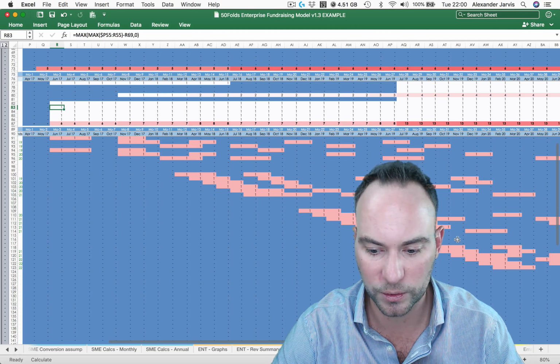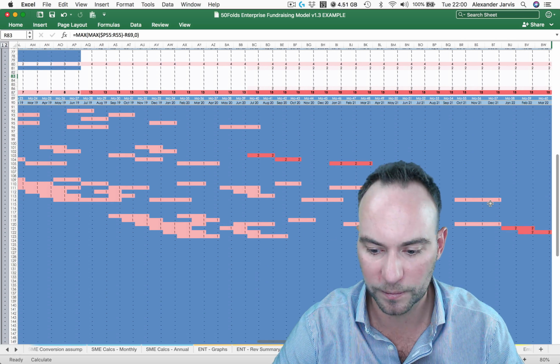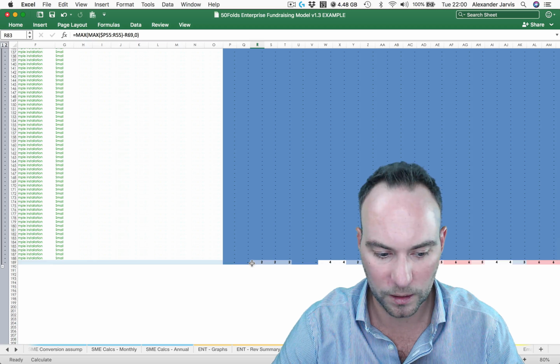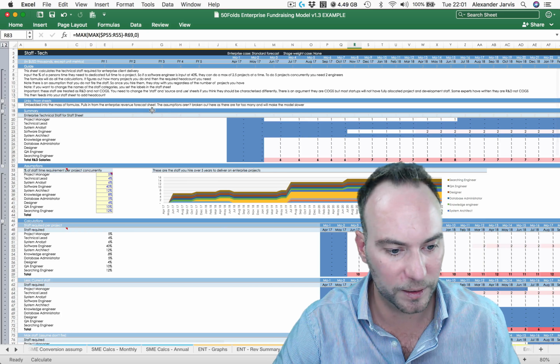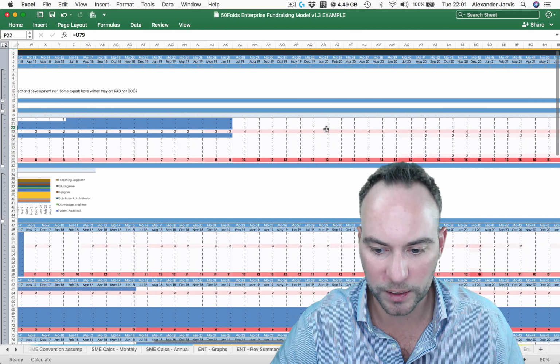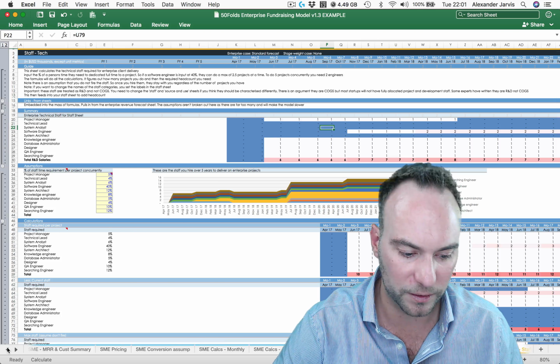Here is the actual schedule of projects and how many people you'll be needing to have for them, okay? And then you can see it adds up and tells you when you're going to be needing to execute. And so ultimately you can see here what people you're going to be needing for projects. So have a play. It's not super complicated, but it'll map out what you need. And this stuff then just feeds into your staff sheet.